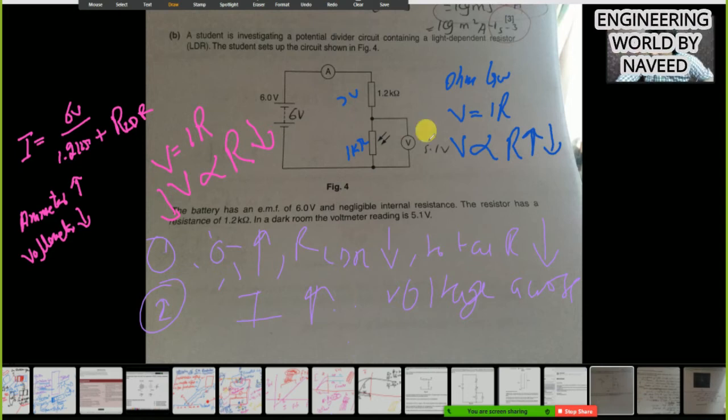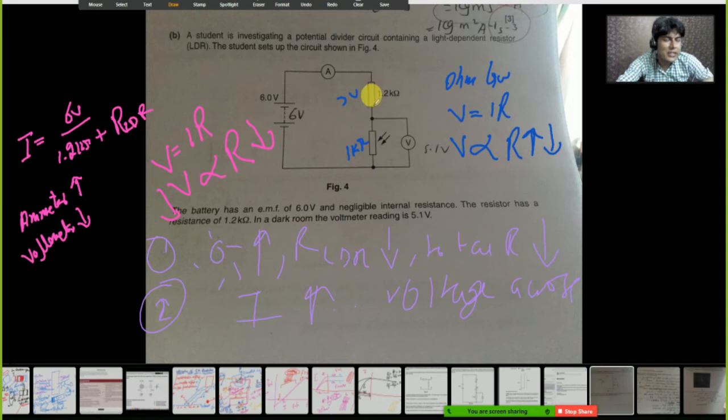Yes, you are right, and this is a very good question. Actually, the current increases. Yes, the current will increase in the morning, but that increase in current will also occur across this resistor. So huge voltage will drop across this resistor, and small voltage will drop across this resistor. Current in both cases will be the same. In the night, current across these two resistors will be the same, but in the morning, current will increase.